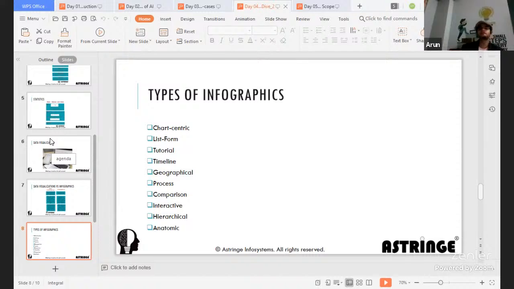And hierarchical infographics is where you represent the data in a hierarchical form, probably like a father and son relationship, or a mother and daughter, or mother and son relationship. Based on that, you can ensure who likes a particular type of movie the most.